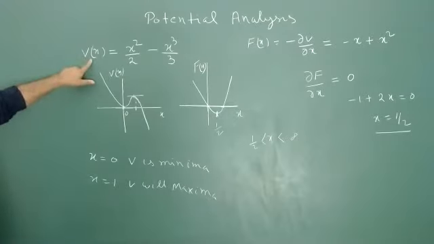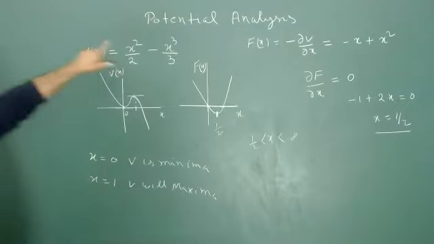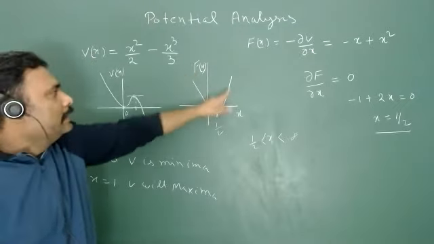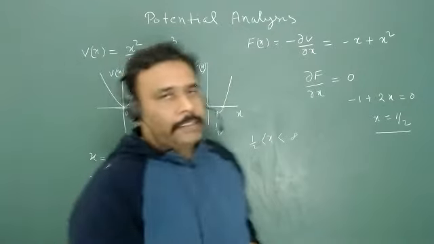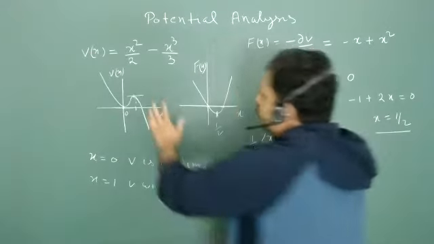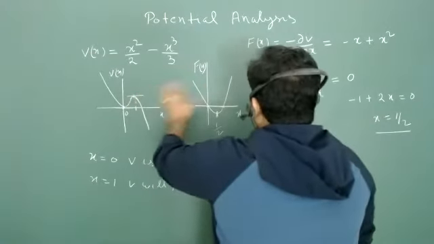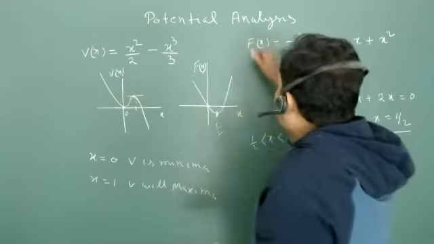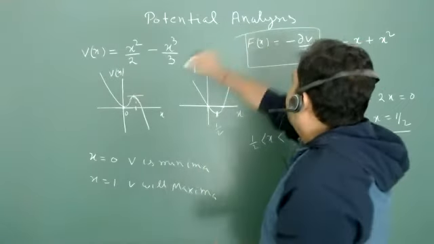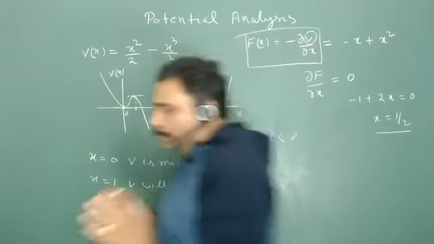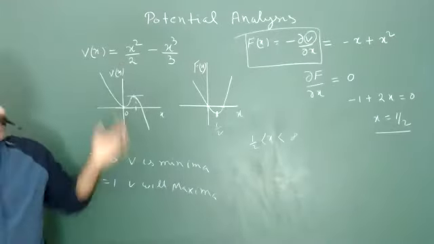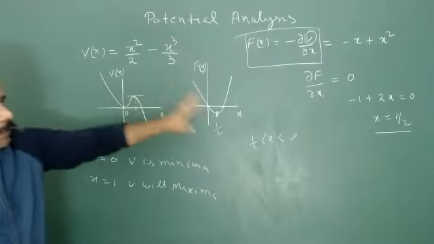This is very interesting. The potential is a scalar quantity, and if we know this potential, we can define the force and we can see what the trend of the force will be. Isn't it? So it's a very interesting story, all about the relationship between potential and force. The relationship between potential and force is all about this equation. This is a scalar function. Look at the beautiful part. We can calculate each and everything mathematically.